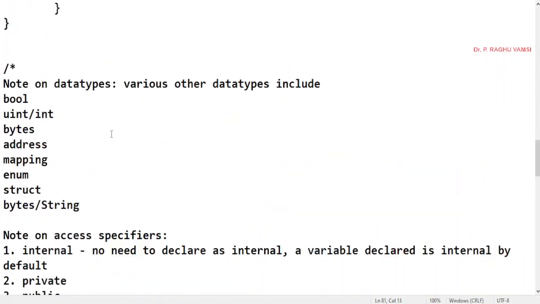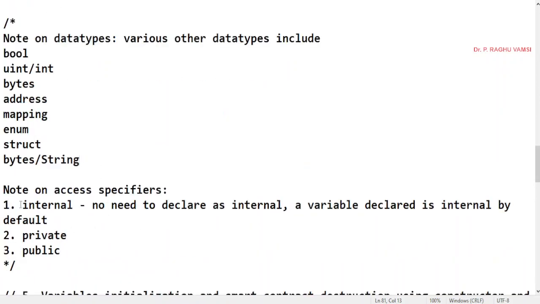So here is a note on access specifiers. Internal is an access specifier, a keyword available in Solidity. There is no need to declare a variable as internal. It's just like the auto access specifier in C programming. Auto, extern, this kind of thing you might have studied in C. Auto means that whatever you declare is by default auto.